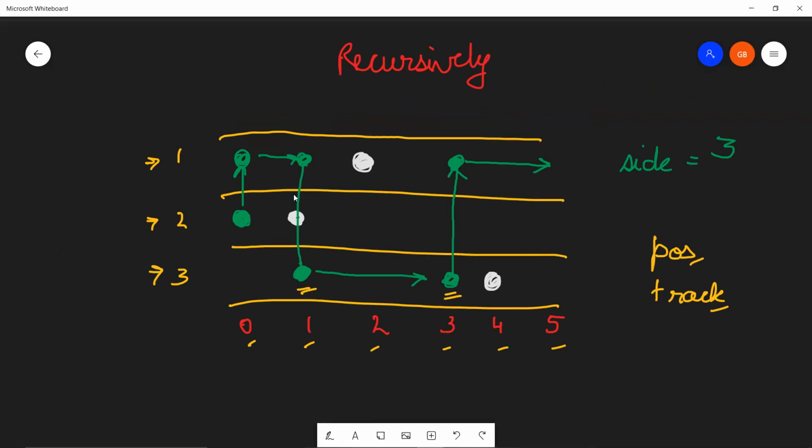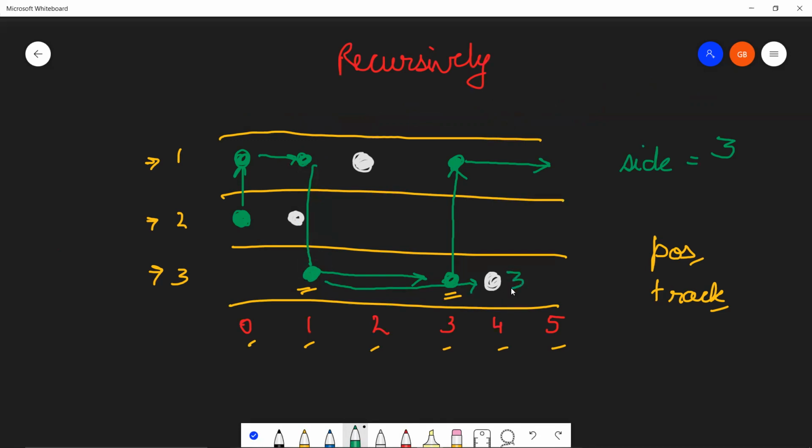Taking some time to open. Anyways, so let's say that we were on track 3, right? And we were moving ahead, right? Now, when will we stop? When the value of obstacle also becomes 3. If you remember, the obstacle array holds the value of the track where the obstacle is present.